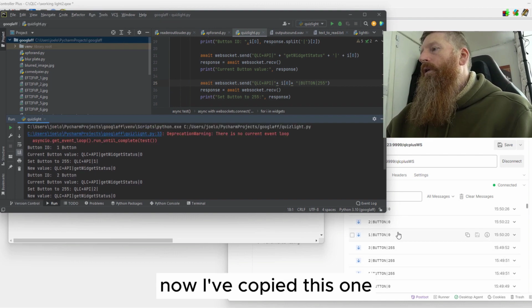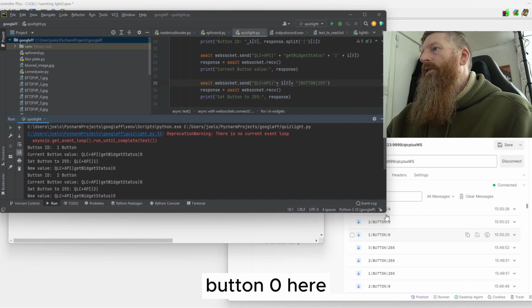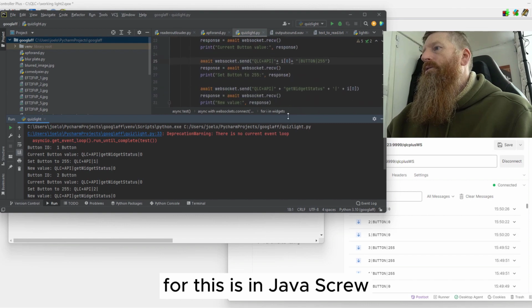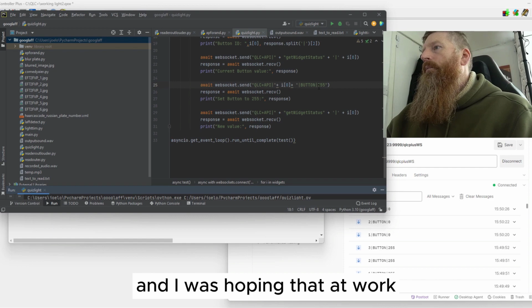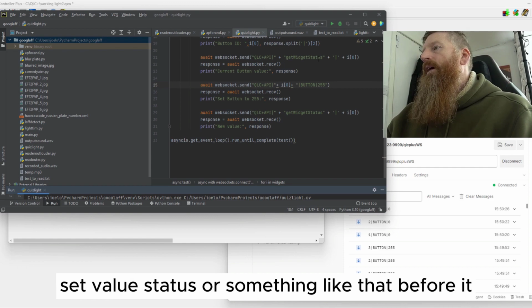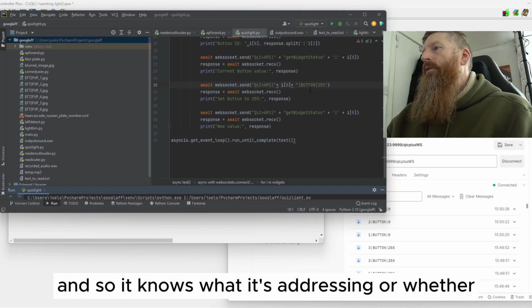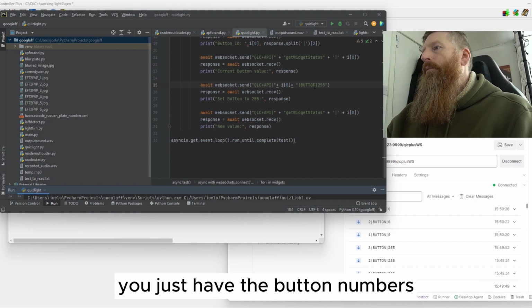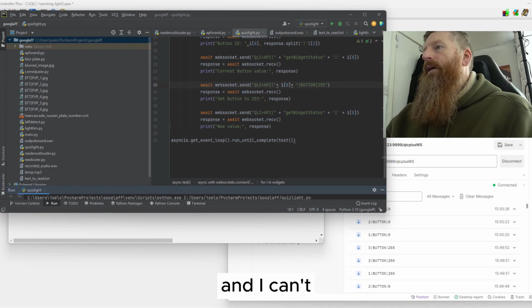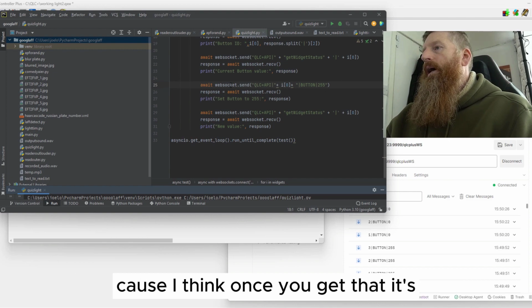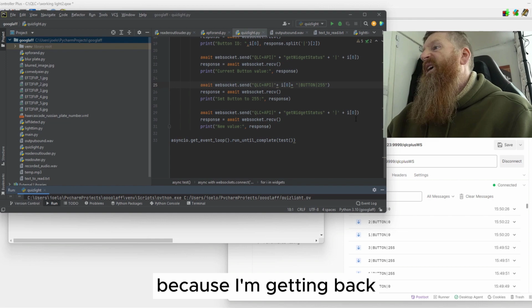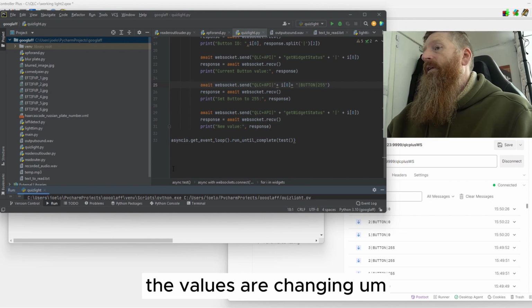Now I've copied this 1 button 0 here, which is in JavaScript, which I haven't got a clue about, and I was hoping that that'd work, but I don't know whether you have to have a set value status or something like that before it, so it knows what it's addressing, or whether you just have the button numbers. I've looked everywhere and I can't find anything where it's written, so that's what I'm really struggling with. I think once I get that, it's hitting the service, because I'm getting back these values changing,